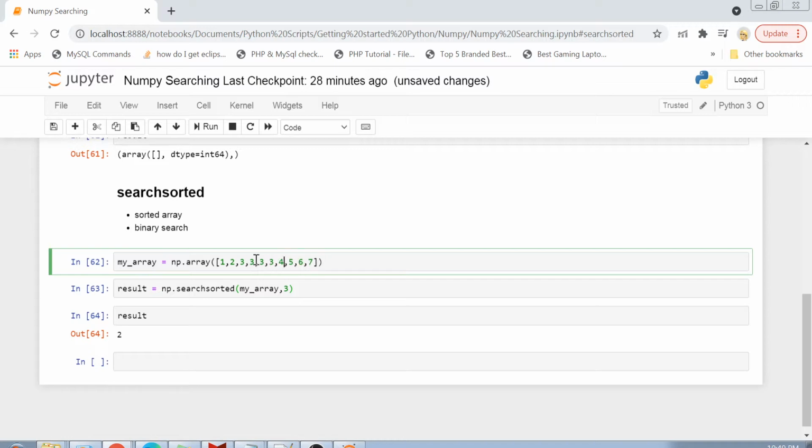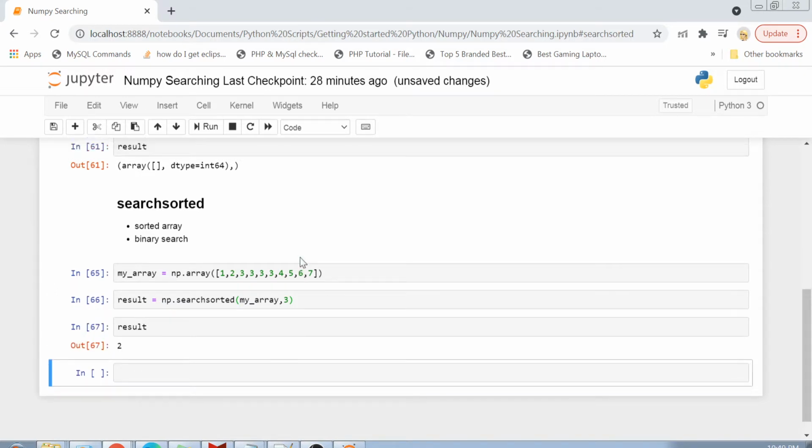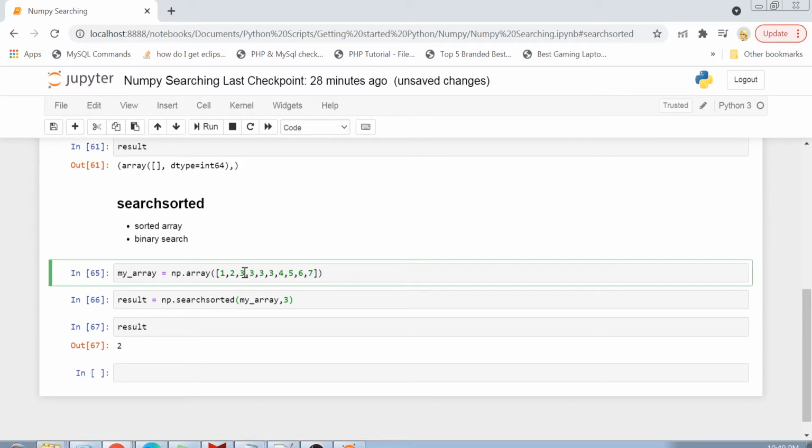Now you guys know that if I would have done a search with a where clause, I would have got an array of 4 indexes as a result. But if you do a searchsorted, it will only give you one value, and this one value is the first index that is encountered by the search which contains that value.